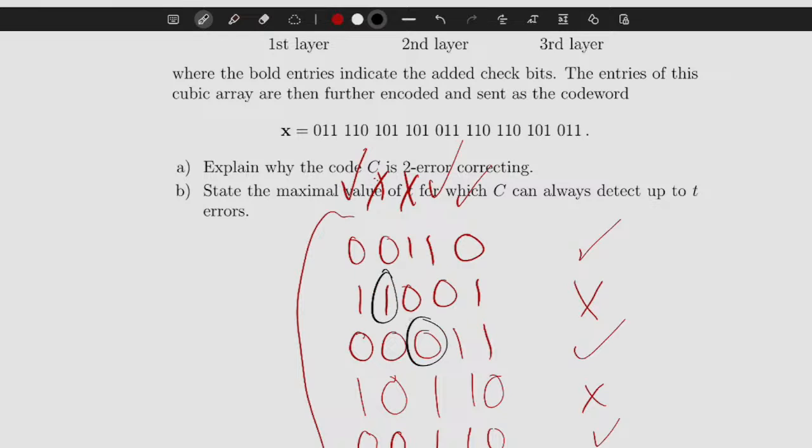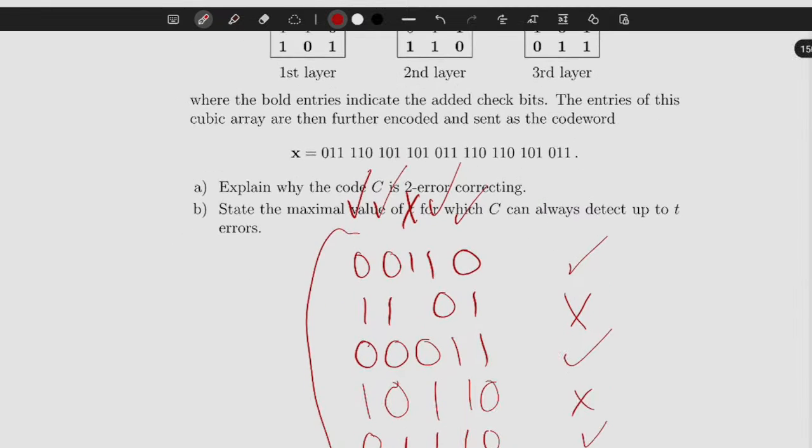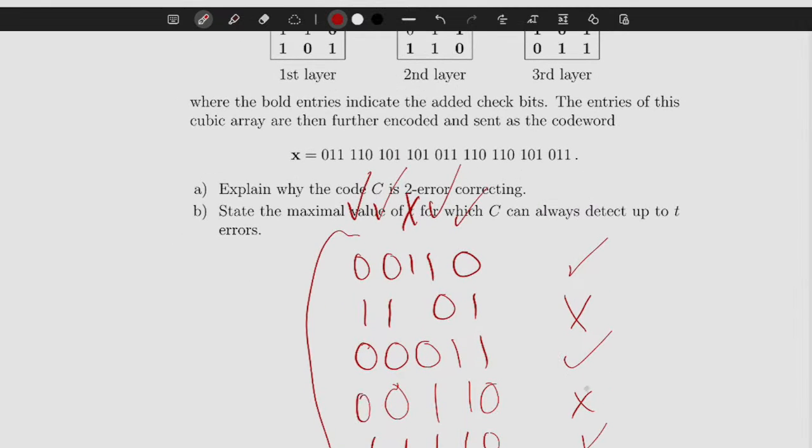But because there's an ambiguity in the positions, or it could be either one of these, then we can't correct it. However, we've just proven, okay, on a 2D, if our encoding can be represented on the 2D plane, it cannot be 2 error correcting. However, if I was to just fix this up a little bit, let's say this is 0 and 1 so that this actually works. Yep, everything works.